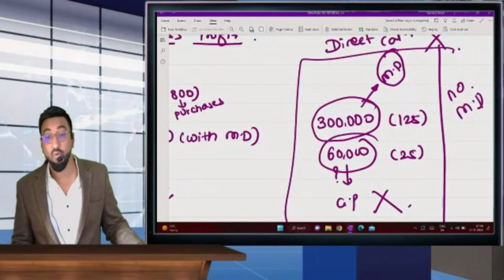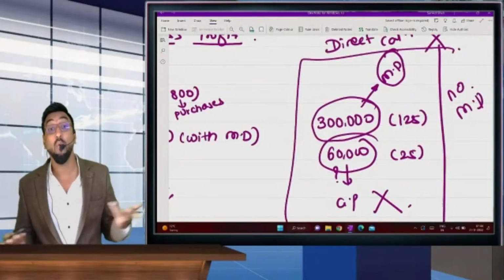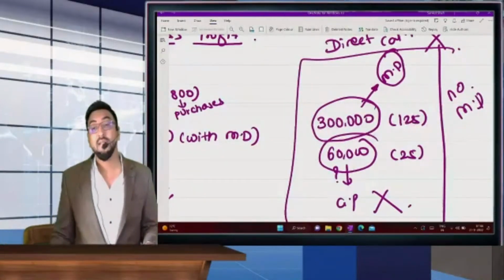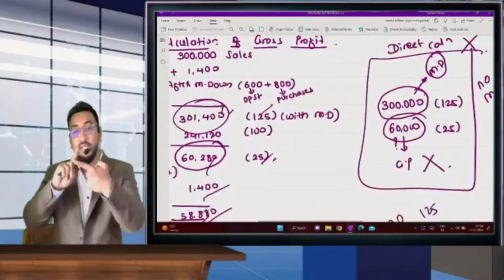क्यों गलत है, क्योंकि आपका 60,000 ये जो है मार्कडाउन आया, और ये 60,000 ये आपका प्रॉफिट आया, पर 60,000 में मार्कडाउन की कॉन्सेप्ट कहाँ है सर, 60,000 में मार्कडाउन है ही नहीं। तो जो बच्चे डायरेक्टली 60,000 आंसर निकालेंगे वो सभी बच्चे रॉन्ग हो जाएंगे,